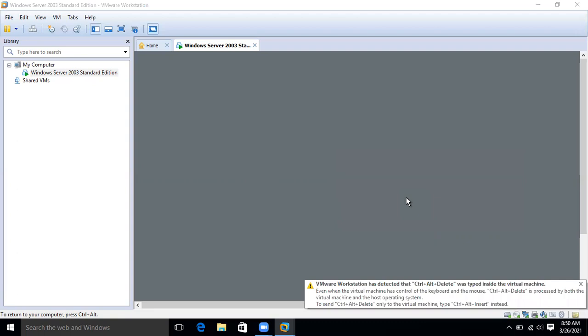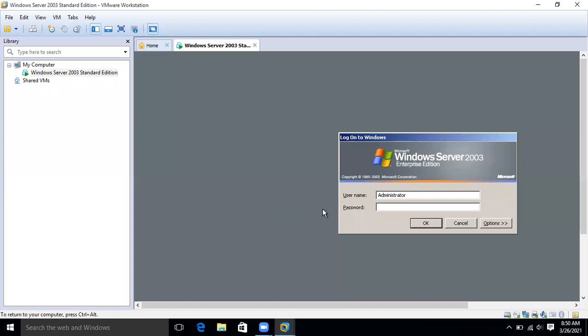It shows a screen like this now. Now cancel it. Do not choose any of the options above, just cancel it. Now you will get an option to enter the password. The username is by default administrator. Do not change this by mistake. You just enter only the password here, that is 123, all small letters.